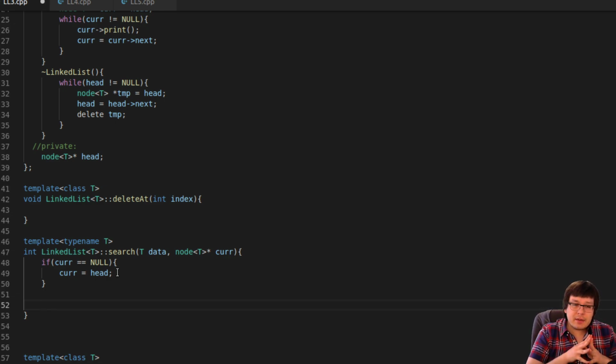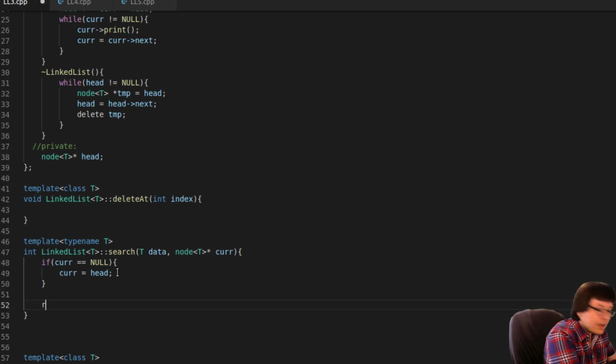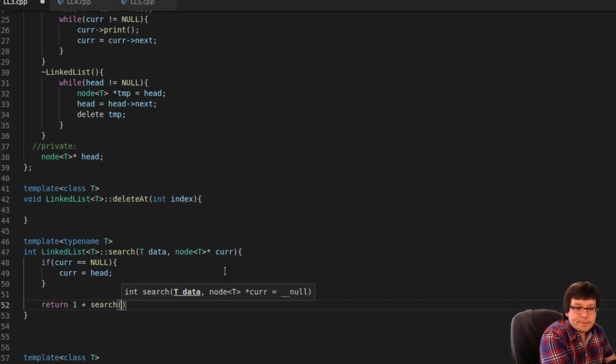We need to keep count of how many nodes we've checked so far, because we have to add 1 to that. But the count for that is going to be kept tracking the return type. So, okay, this will be interesting. So what we need to do is return 1 plus the count of whatever next we have to search. I think that'll work.